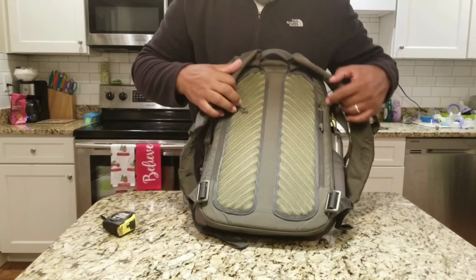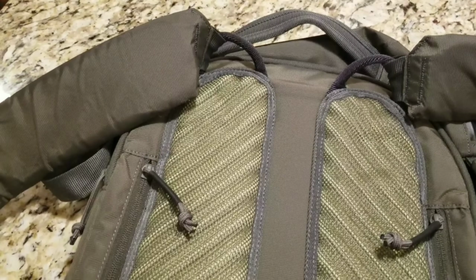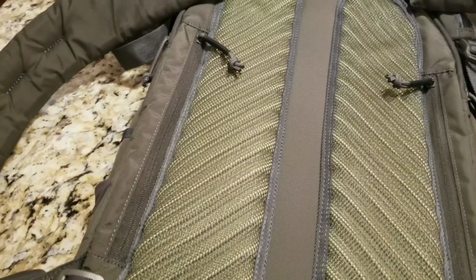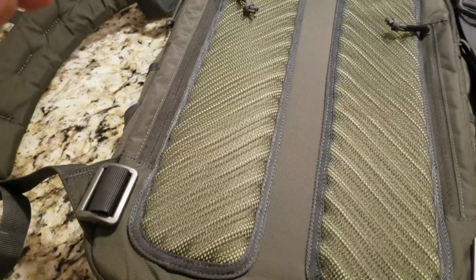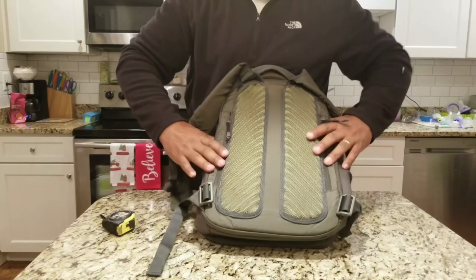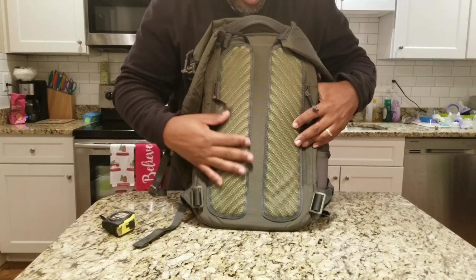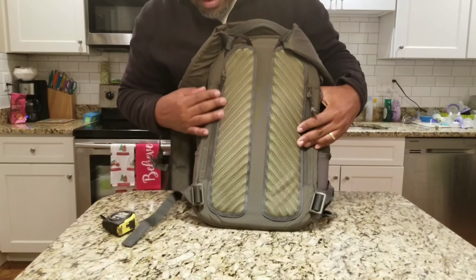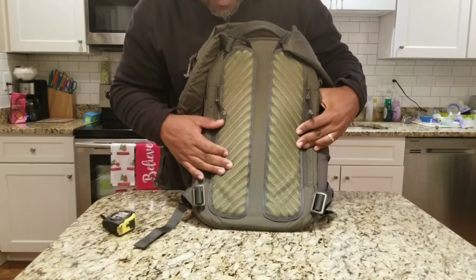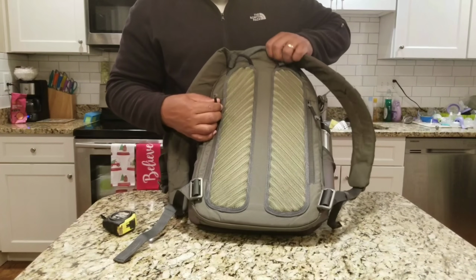And let's talk about the back panel. The back panel has two raised sections with some mesh and these ridges that should allow air to flow between this backpack and your back, which is pretty cool. And it's got this neon green color in the foam, the rich foam that's behind the mesh. Pretty cool. In the back, this is the CCW